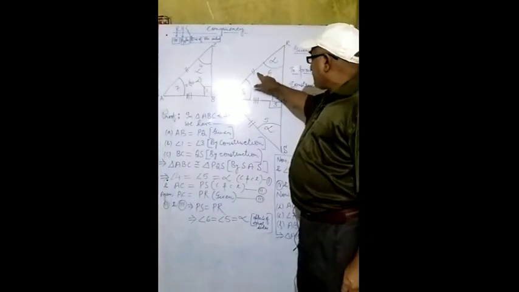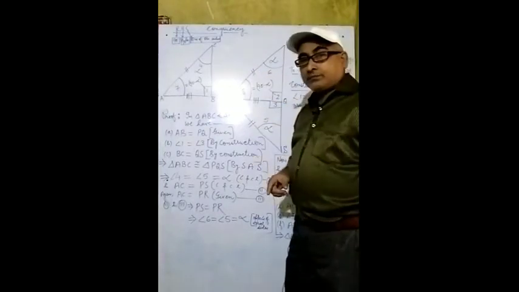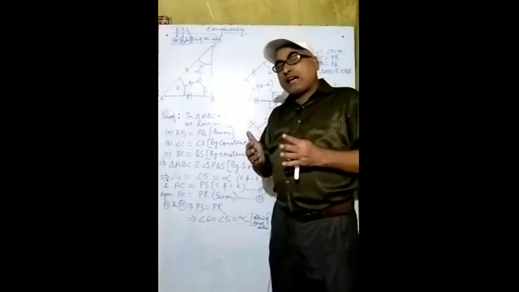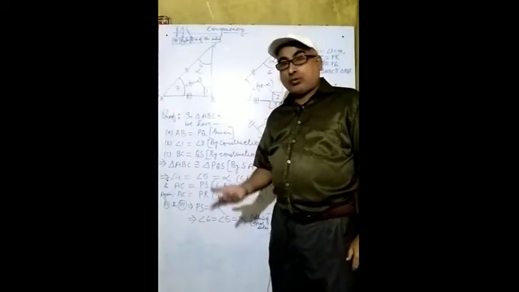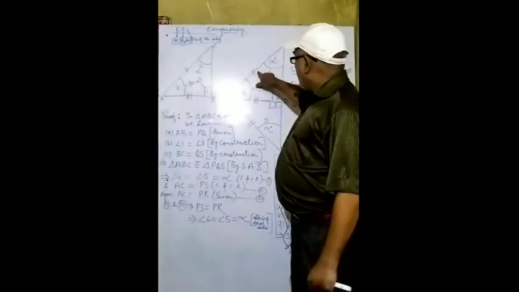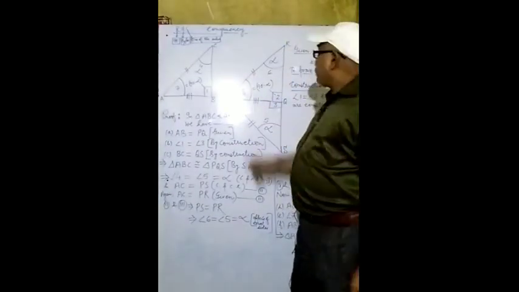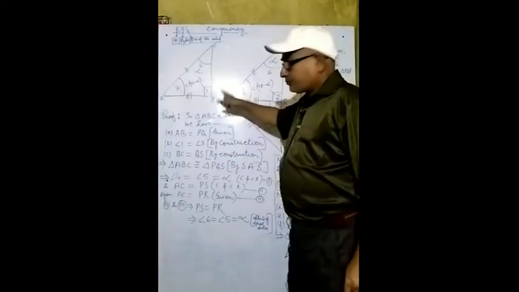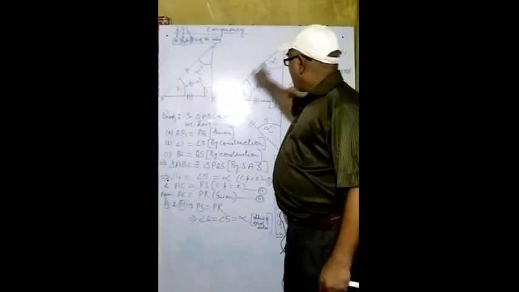So what relation is there between this one and this one? These two are also equal. Why? Because things which are equal to the same thing are equal. We have already studied about it. So this side will be equal to this one. Now take the total triangle. This total triangle will be taken here.